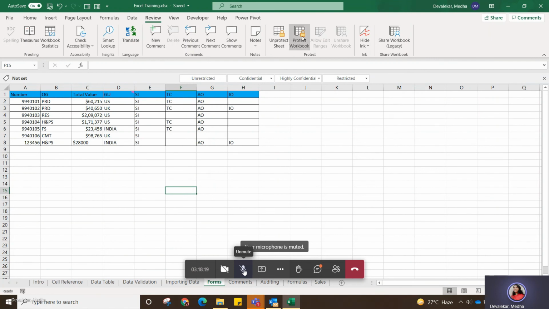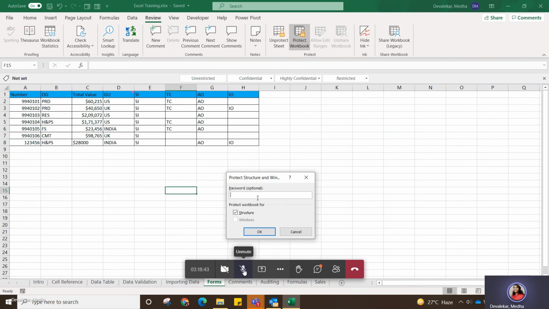Now there is another button which is protect workbook. Say the whole workbook you can protect, such that moving, deleting, or adding a new sheet into that workbook is not allowed. Okay. So likewise, you can use protect workbook. Same thing, you can just give a password here.